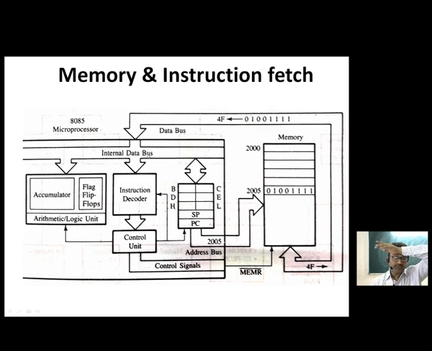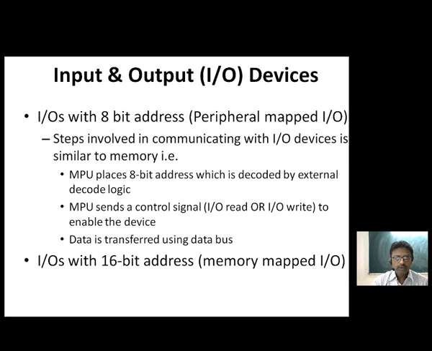Since it is the first instruction to be fetched, it will first come to the instruction decoder, where it is decoded, and the microprocessor will come to know the meaning of 4F. After knowing the meaning of 4F, it will be able to send the control signals and do the operation which is meant for 4F. So in this way the instruction fetch operation and its execution is done in 8085. Now this is the way the microprocessor works with the memory.